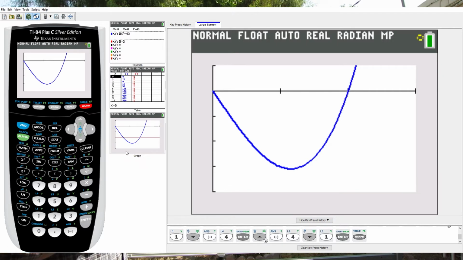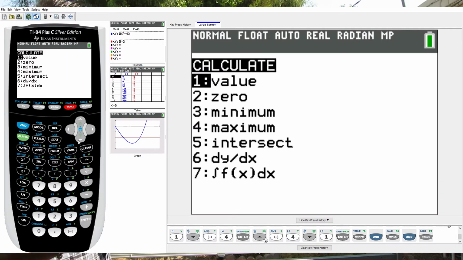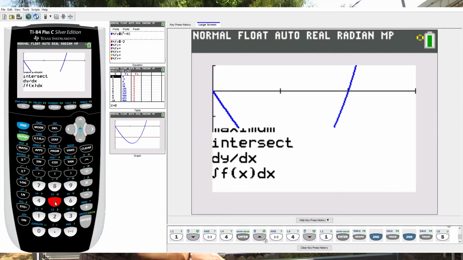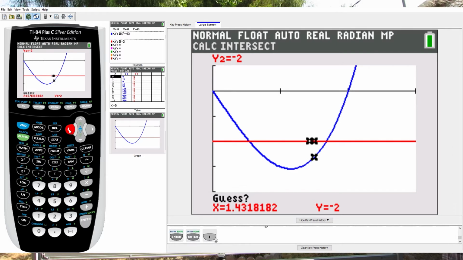So now what I'm going to do is calculate. Second, calculate the intersection points. It's going to ask me what's the first curve, what's the second curve, and then it's going to ask me for a guess. It gives me the guess because it's going to try to hone in on the right intersection point, because there are 2. But it looks like x equals, the A point is 0.5, it's hard to see with all the